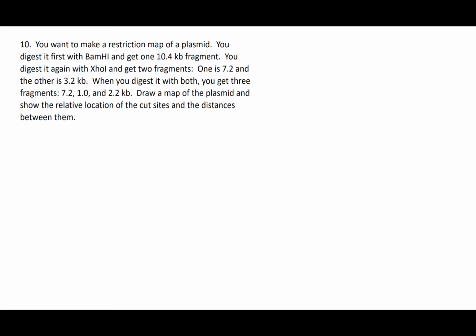All right, so question number 10 is about making a restriction map of a plasmid. A couple of things here. A plasmid, first of all, tells you that we're dealing with circular DNA, which is actually a key point for this particular problem. It says that we digest this plasmid with BamHI and get one 10.4